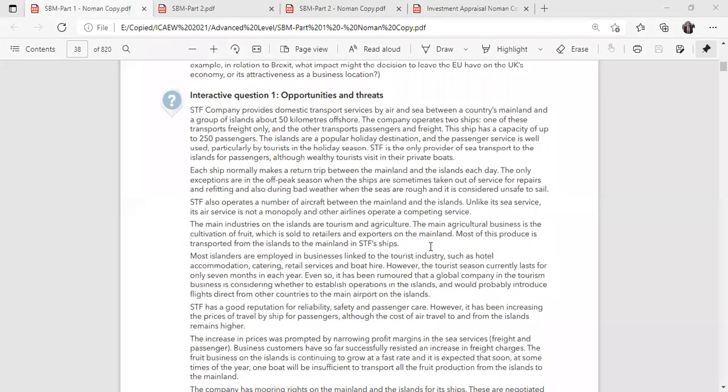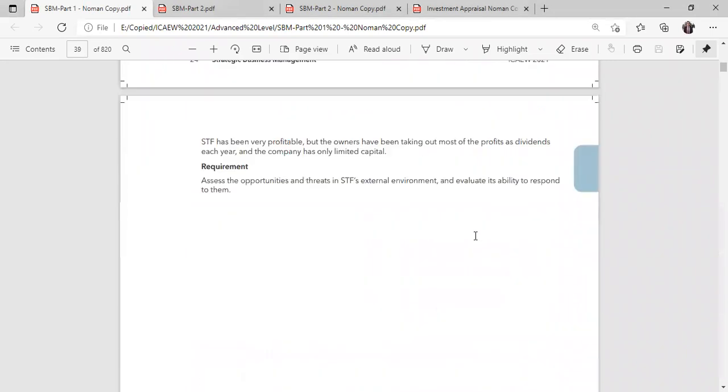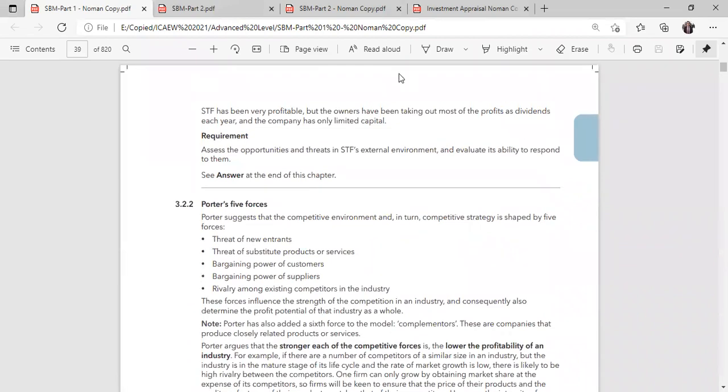But in today's session, we are going through some of the practice questions. So what approach you should use to solve your question. First of all, you will look at the requirement. And if we look at this question, first of all, we have the requirement. We have to assess. The important word is "assess".